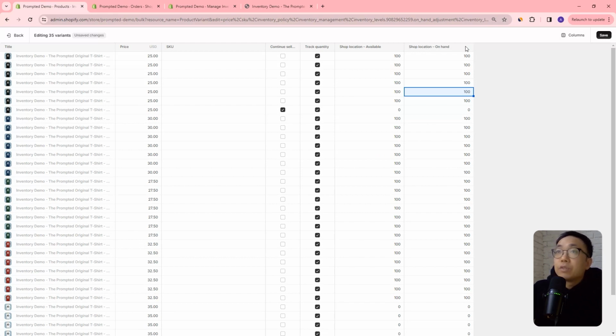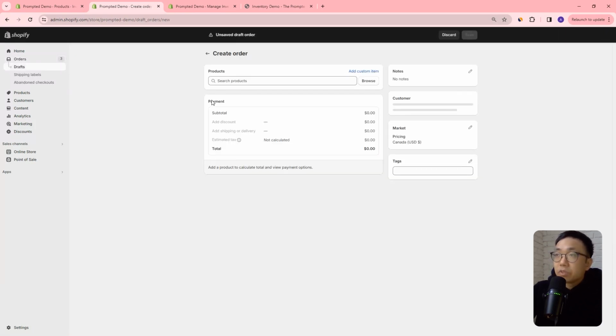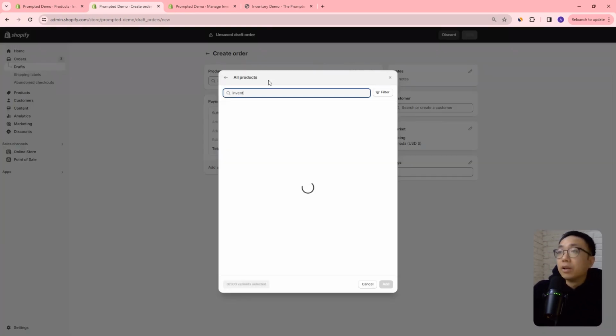And now let's head over to the orders area. What we're going to do is pretend to make an order and see how that changes our inventory. You could do a simulated order by ordering it on your website. What I'm going to do is just a draft order to make it a little bit simpler. So we're going to look for our inventory